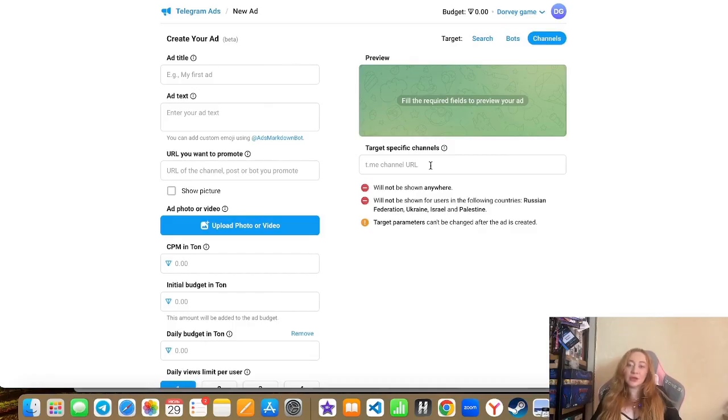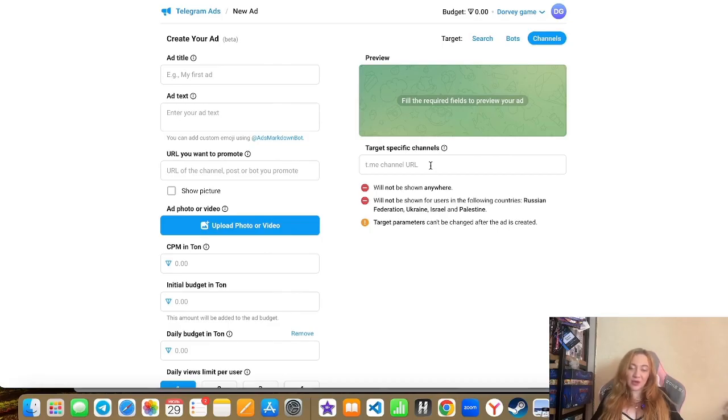Also here, we can specify channels for targeting. Channels for targeting are collected very easily. We go to Telemetria or TGstat, enter the required geos that we need, and basically that's how we can specify channels here. But the only thing I would strongly recommend that without fail, after you have tested all the creatives,